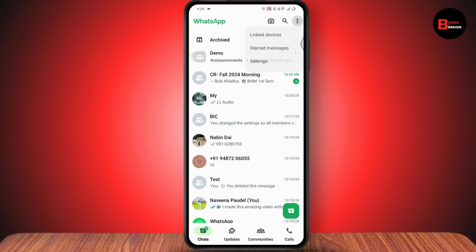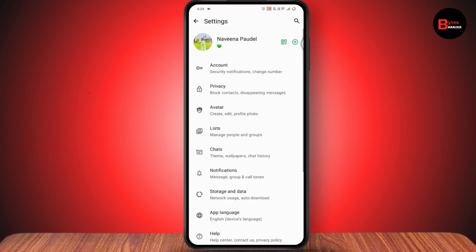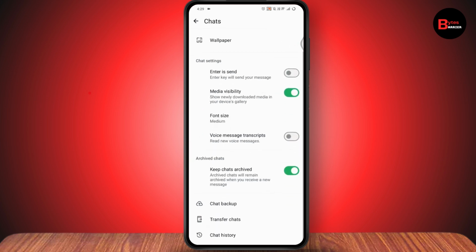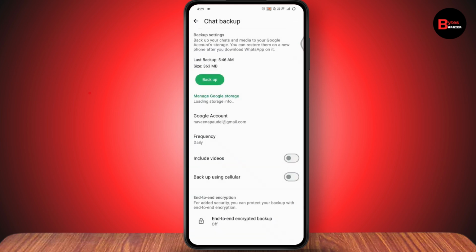Go to the top right, which has the three-bar icon, and tap on Settings. Now under Settings, scroll down and go with the Chats option. Under Chats, scroll down again and go with Chat Backup. Once you tap on Chat Backup, go with the Backup option and then start the Chat